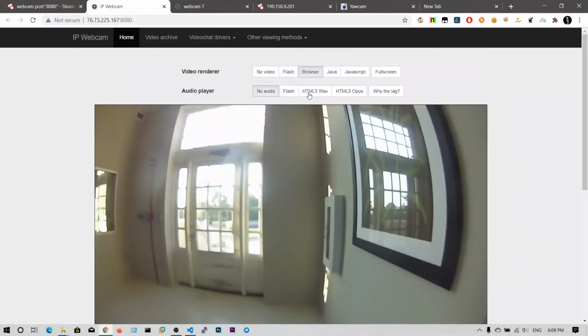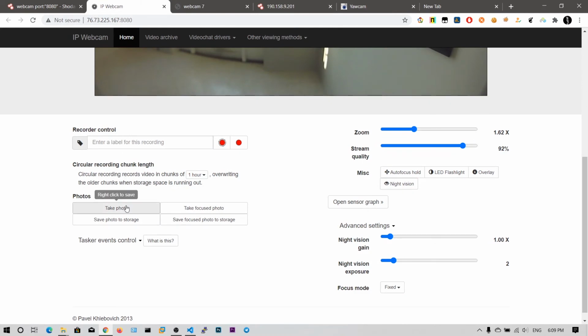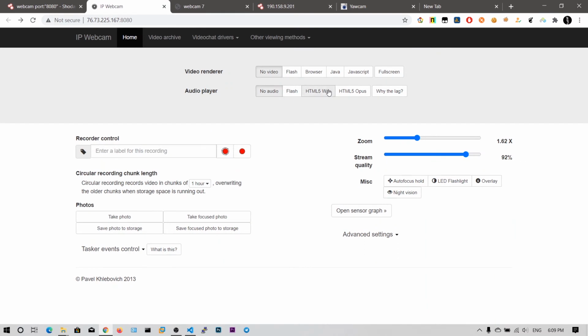So as you can see, if I click on browser, now I can see what's going on in this room. Okay, it has also taken a photo of this. So we can also listen to the audio.